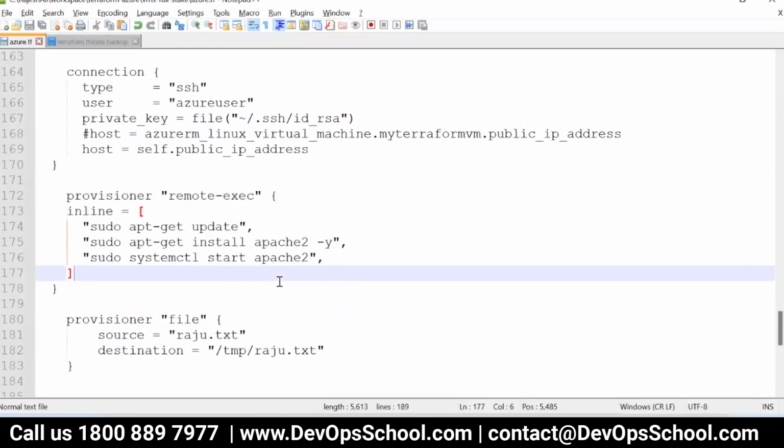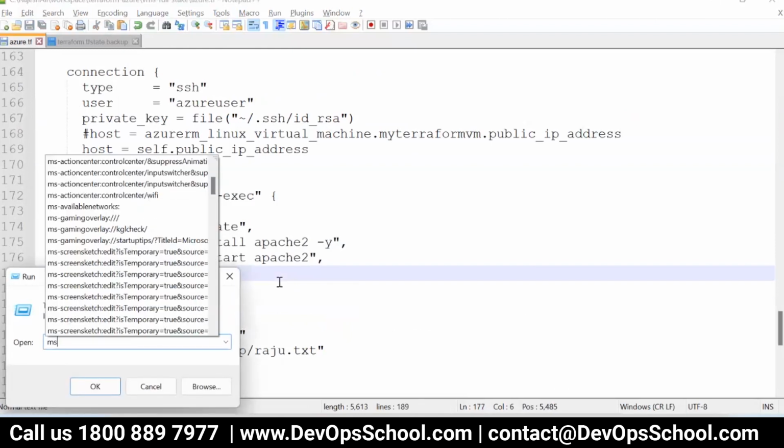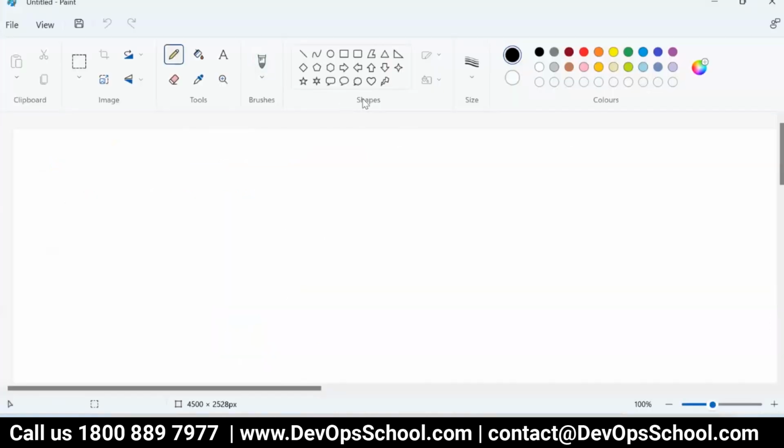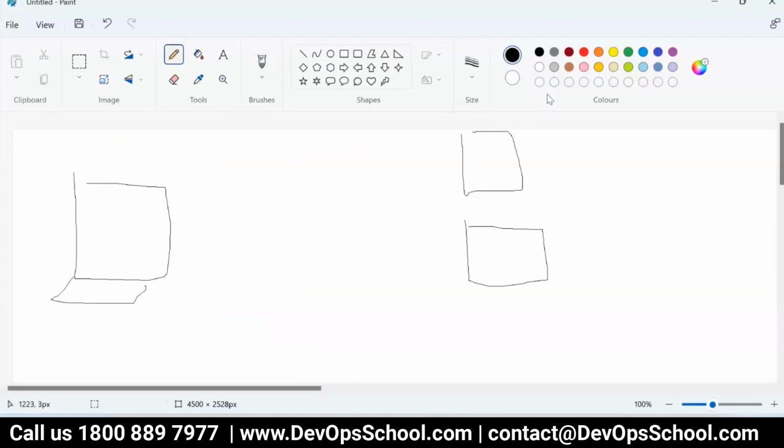Understand the architecture. Okay. So first thing, understand the architecture first of all. So here, this is your laptop. Okay, this is your laptop, and this is one server you created, and this is another server you created. So now both the servers you created using Terraform. Now, what is your question? Tell me. Question is, I kept a file in server A, and I want to move that same copy to server B. Okay, no problem.